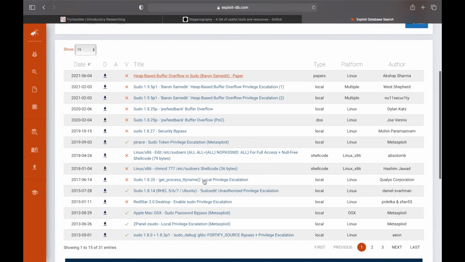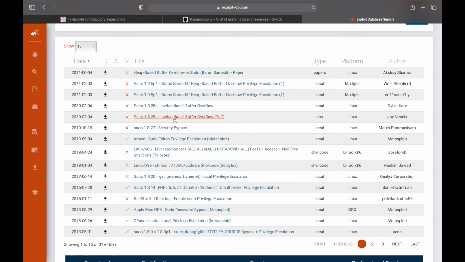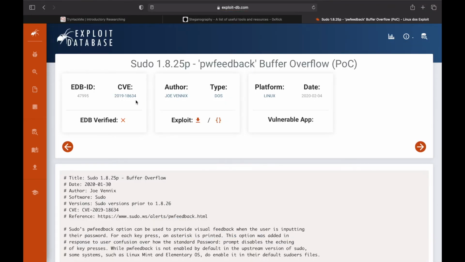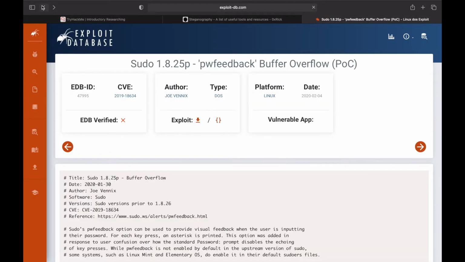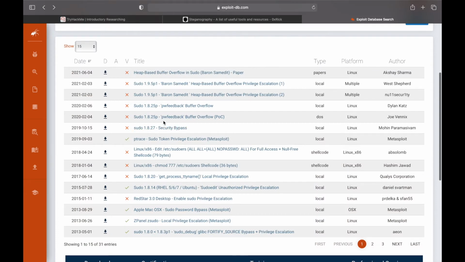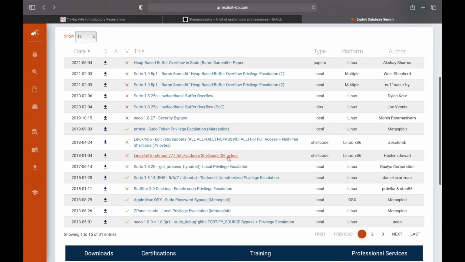Yes, we have something, a 2020 sudo buffer overflow, but it's not verified. But anyway, let's see. We have a CVE? Yes, 2019, but they asked for 2020, right? So we need to search for 2020. So it's 2019. Sudo overflow.